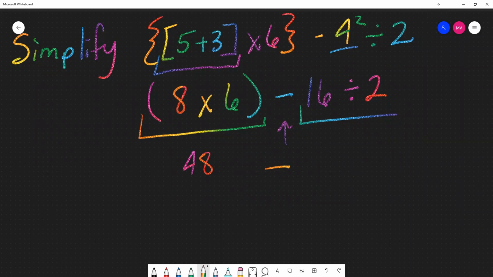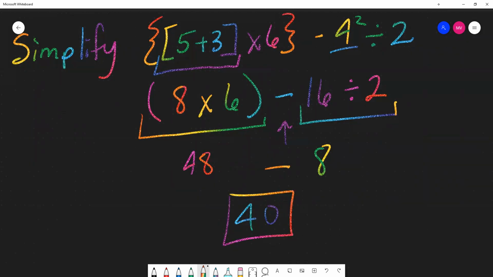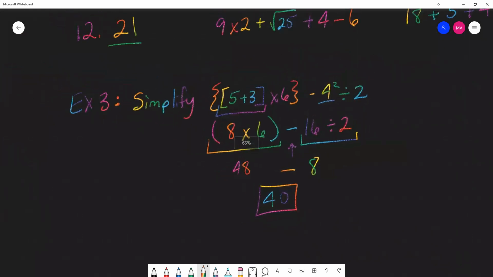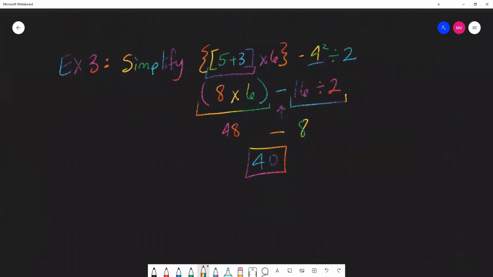All right, and then let's go ahead and solve our division. What's 16 divided by 2? There we go. All right, and then final solve, Julian. 48 minus 8 is 40. There we go. So that's having multiple levels of grouping symbols. All right, let's look at example 4, and then y'all will do your skill check. So example 4